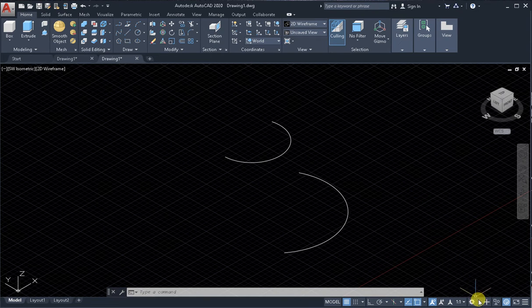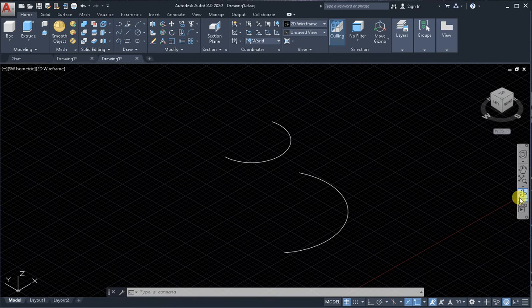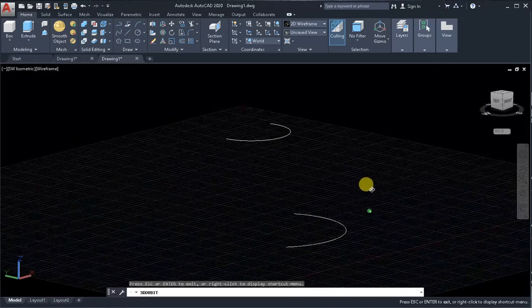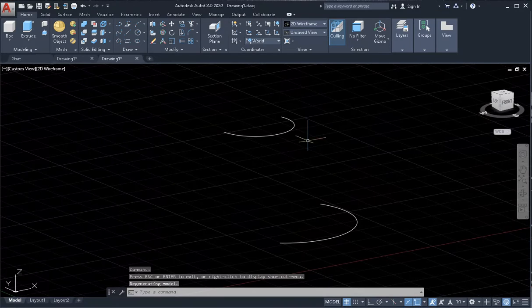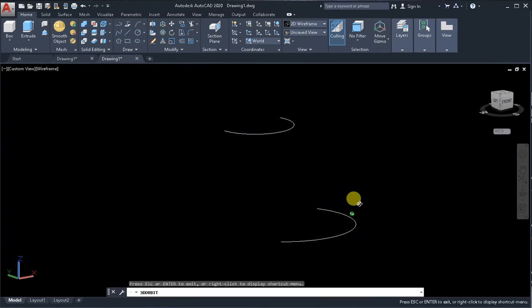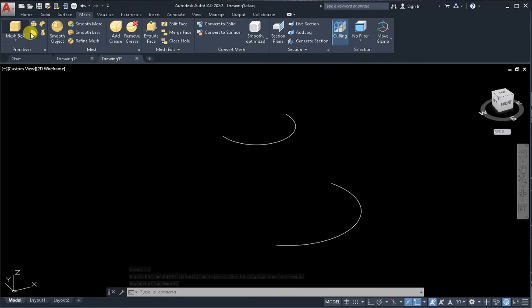On workspace 3D modeling, we have some arcs, two arcs on the other blade. Sorry, I grid, enable grid. We have some arcs. Next step, on the tab mesh, activate the command